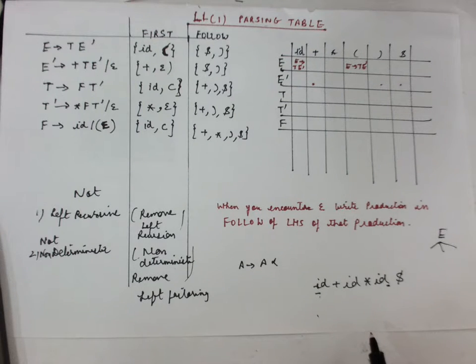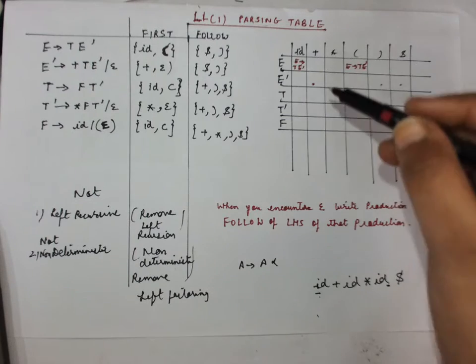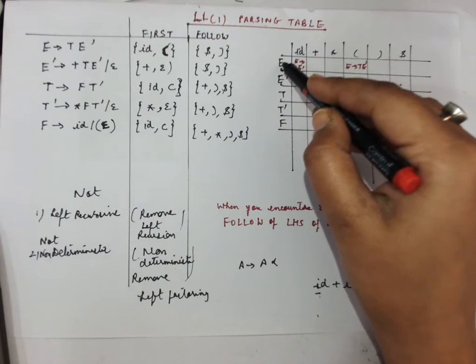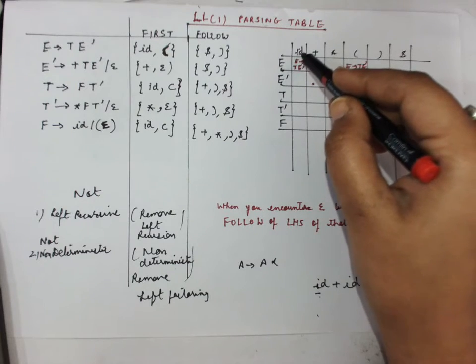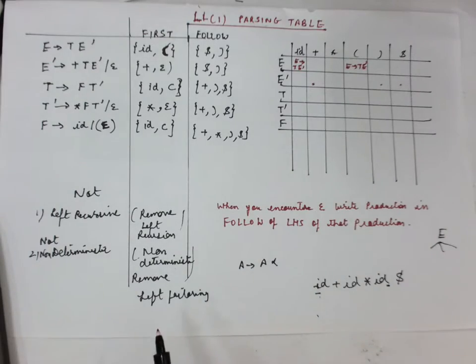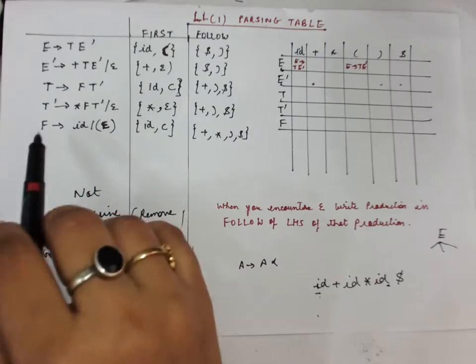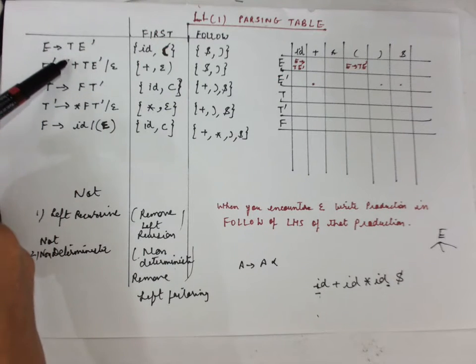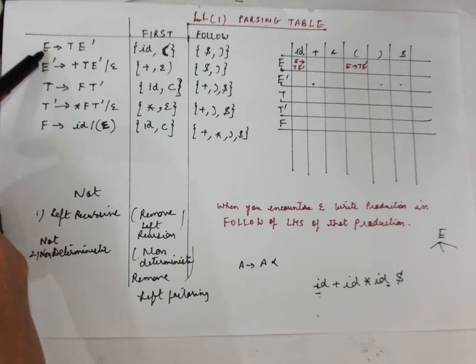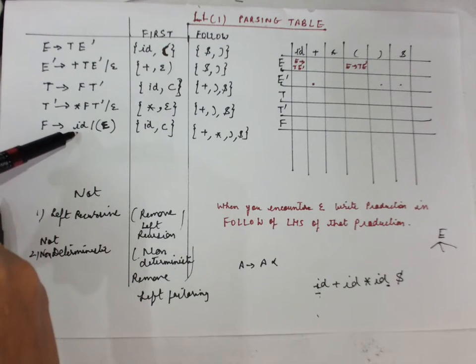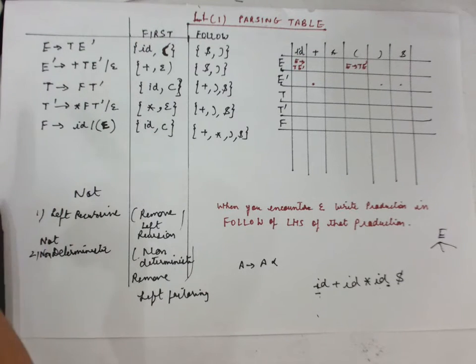So for that, what we do: E and ID. When we have the starting symbol as E and we need to get this ID, which production rule should be applied? This would be coming over here. For that we will see what would be the first symbol. Here you can see you have E gives TE dash. So E gives T, then again T gives F, then F gives ID. So you are generating this ID from this particular production rule only.